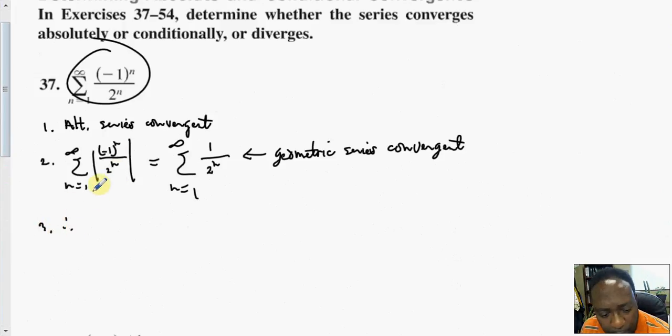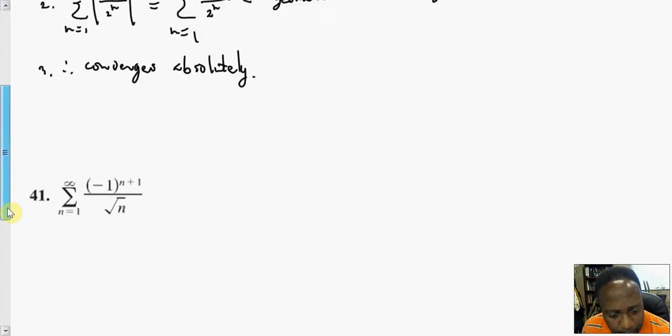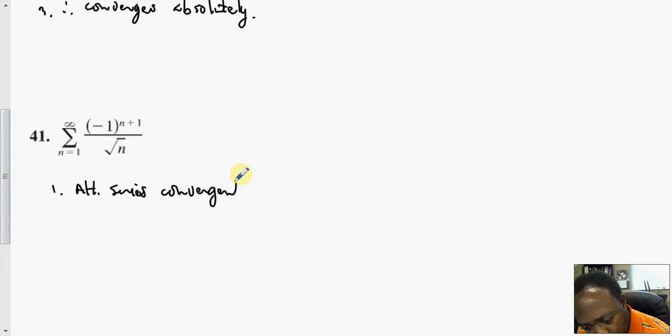So here, it converges absolutely. What about this one? Is the alternating series convergent? Now, if you look at the absolute value of these terms,